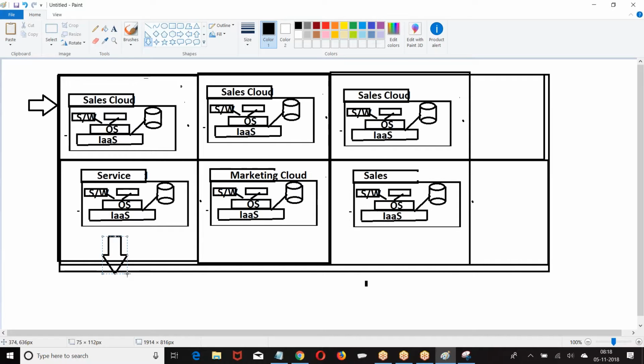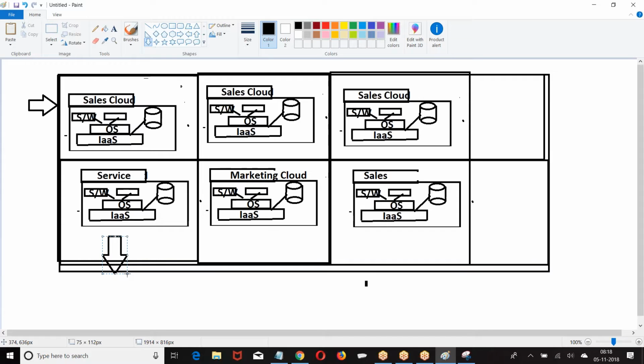For every instance of an org, they give one ID, which is an 18 character ID. How many characters? 18 characters. It is called the organization ID. Based on that ID, Salesforce will recognize your org. Now, multiple companies have taken multiple cloud applications. They are running on the Sales Cloud, they are running on the Salesforce Cloud. Out of all those, how does Salesforce understand which org belongs to which organization?